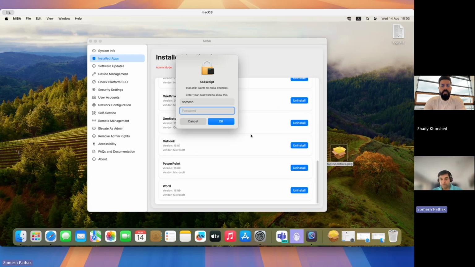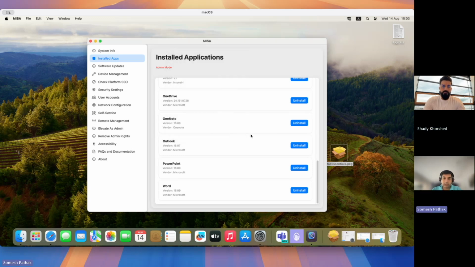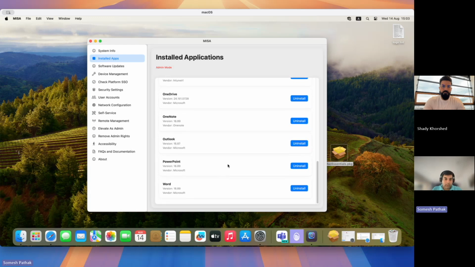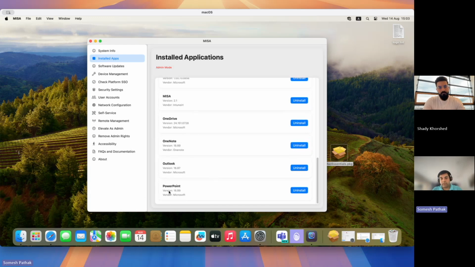Even if I'm running anything with sudo privilege, it always asks you for a password, right? So this is the device passcode, technically. It's the passcode that I use to log into the Mac. So when I click OK, the app is gone, and it takes a fraction of a second to refresh